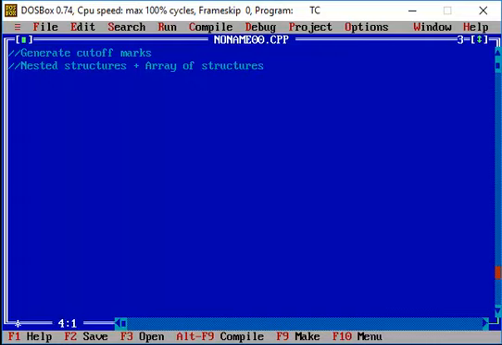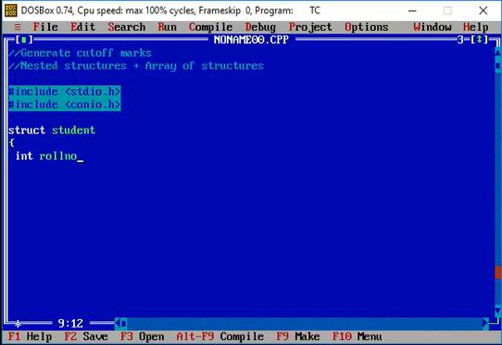So first let me include the preprocessor directives stdio.h and conio.h, and I declare my structure, let's say for example struct student, and the structure members are roll number, name of the student, and let's say for example I have another structure member that is marks.